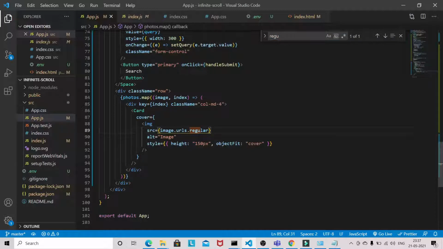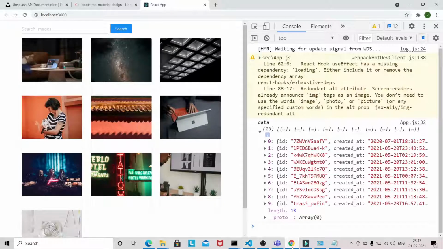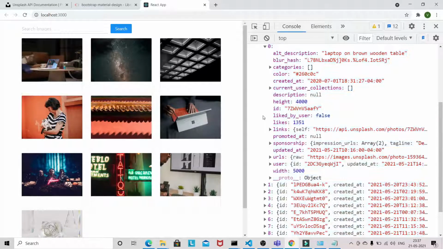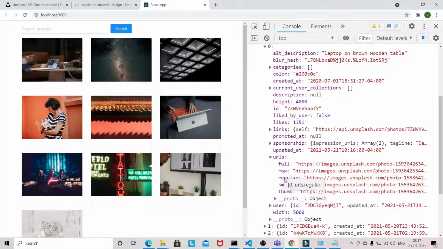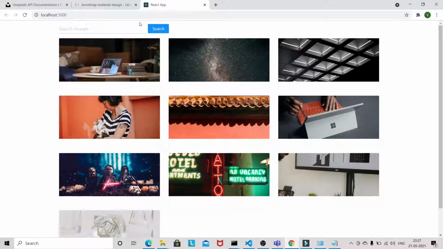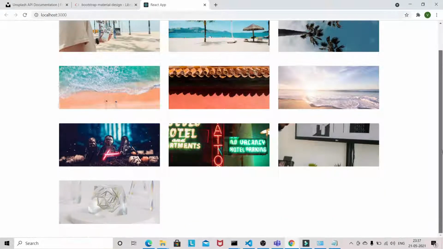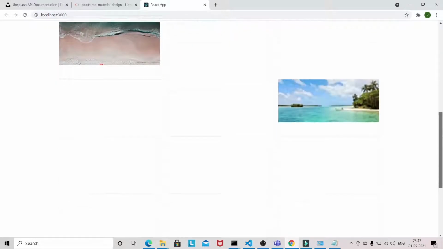Image dot urls dot regular. So if you open any one, look, this is the regular image we are using to display these images. Now if we search the image, let's see if it's working or not. So it is working, okay, and the scroll is also working, our infinite scroll functionality.